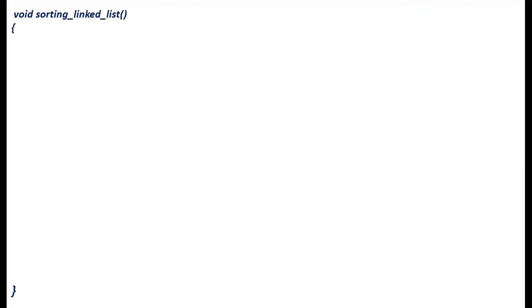So here void sorting the linked list. Now here we are considering two pointer variables P and Q. P we are initializing it to root. So P is pointing to root. So here we are taking one more temporary variable and we are initializing the root value to P. So while condition we are going to check while P to link is not equal to null. So when P to link value is equal to null, then we need to come out of the program. Sorting is getting completed. So until the P to link value not equal to null, we need to sort the